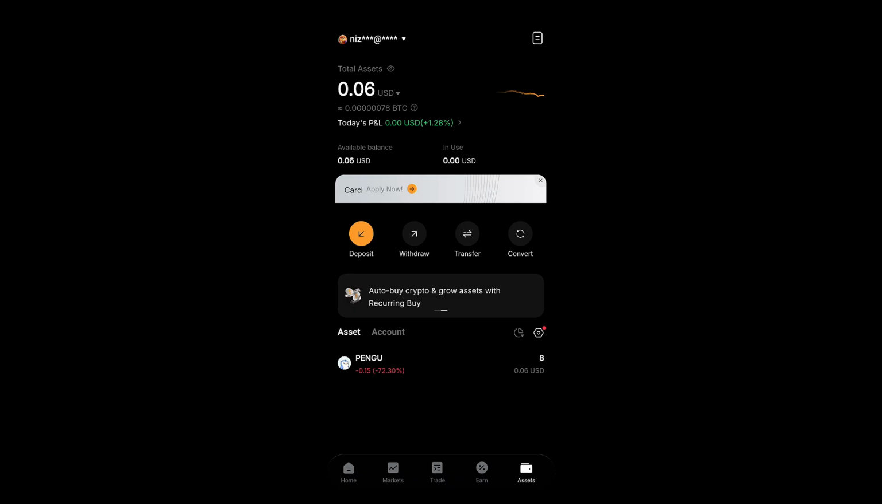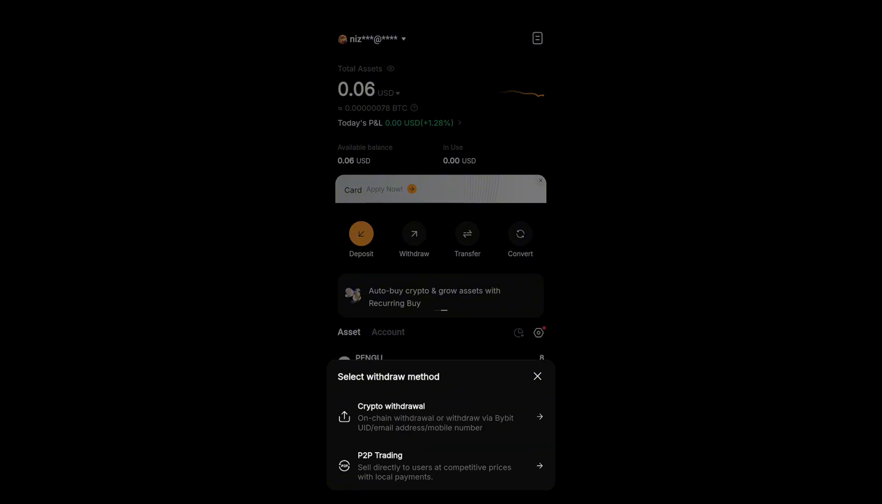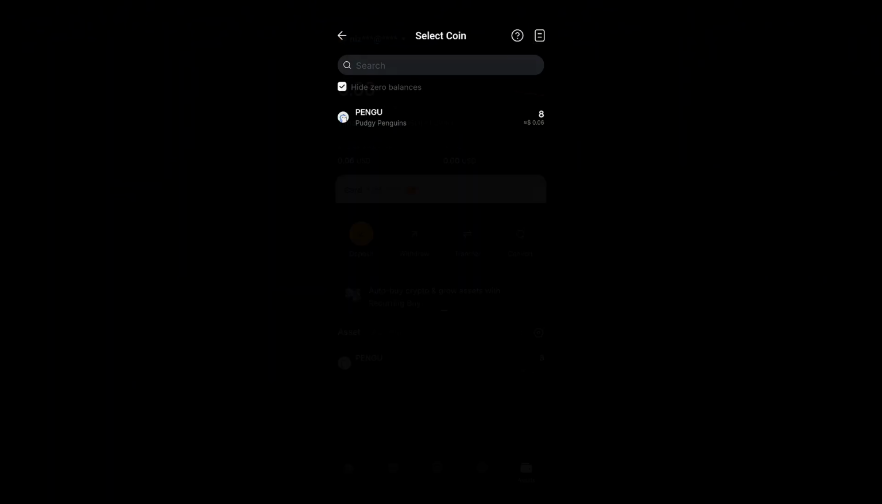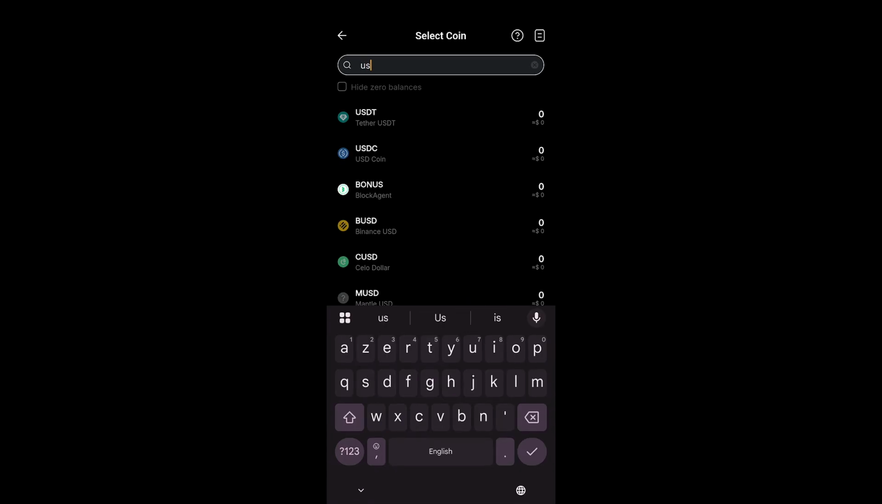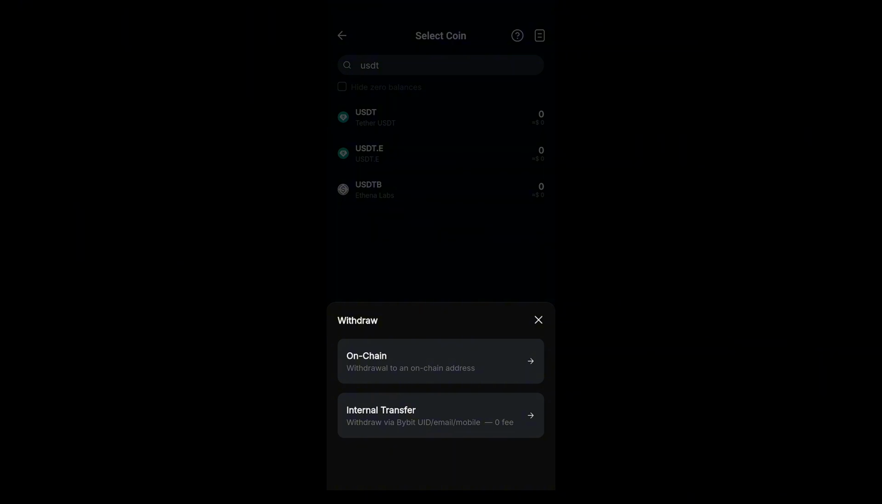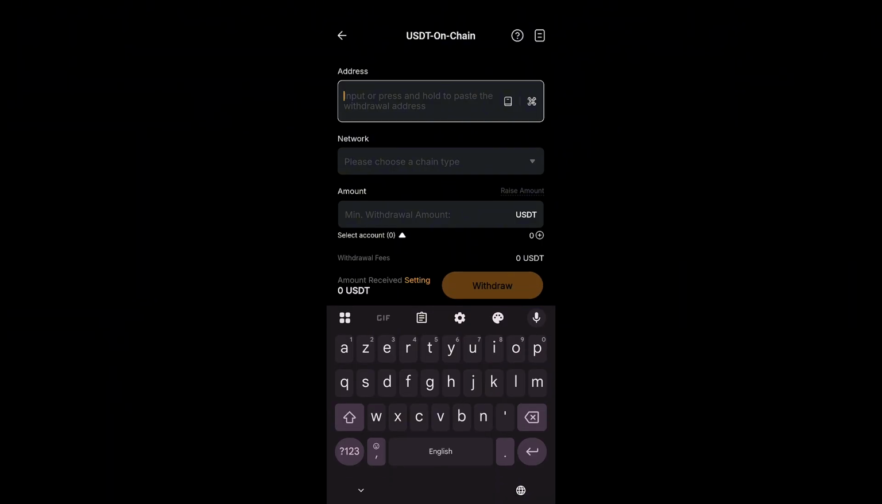So here you just choose Withdraw, and then you will just say Crypto Withdraw, and then I will just uncheck the Hide just to get the test with you guys. And I will press USDT, and here you will find On Chain, which is withdraw to an on-chain address. I press it, then I will just, guys, copy and paste the address from my friend or from my client or